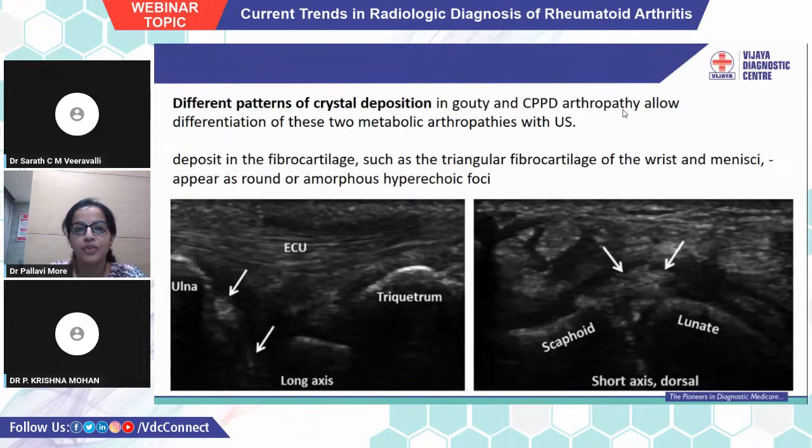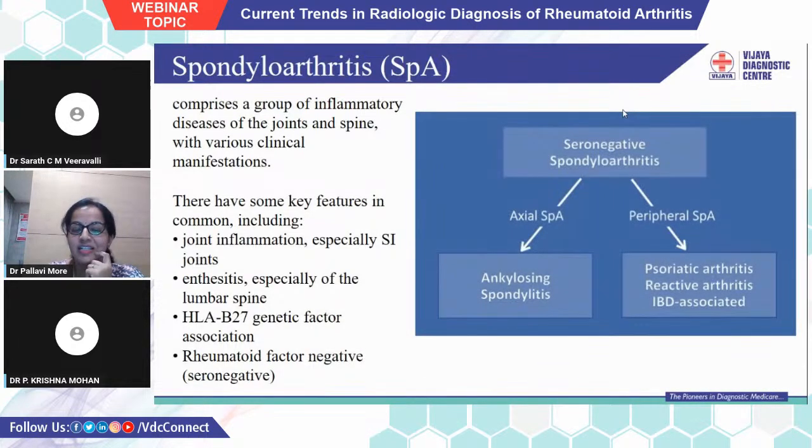The different patterns of crystal deposition in gout and CPPD arthropathy allow differentiation of these two metabolic arthropathies with ultrasound. The deposition in the fibrocartilage in CPPD, such as the triangular fibrocartilage of the wrist and menisci, appear as round and amorphous hyperechoic foci. While discussing the differentials for rheumatoid arthritis,